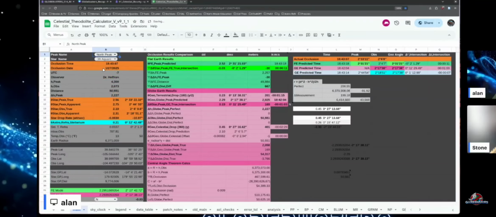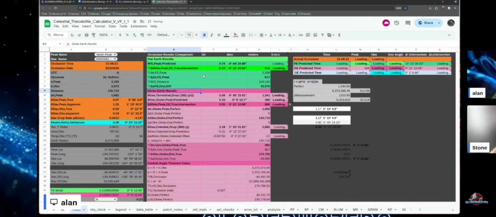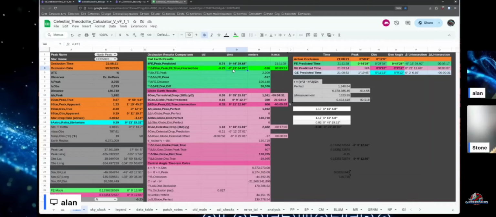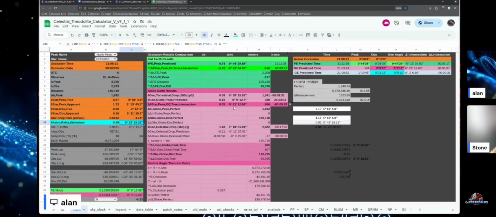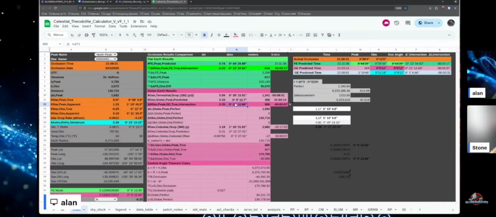So in North Peak, for example, they predict an angular descent rate of 15 degrees per hour, but they end up being off by 13 arc minutes for what Flat Earth predicts using their angular descent rate, and up to 21 arc minutes using their angular descent rate of 15 degrees per hour relative to just the observer. So this is like a huge catastrophic failure here. And then their refraction amount wasn't geometrically enough to compensate for the drop over distance either here, because the star's true position is geometrically below the horizon according to their 15 degree per hour angular descent rate relative to the observer. Just absolutely destroyed over this.